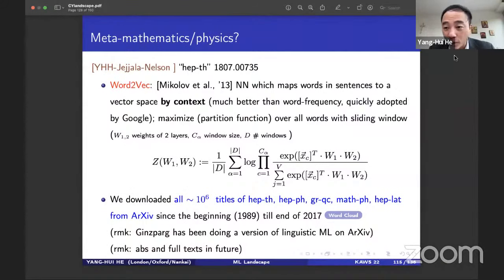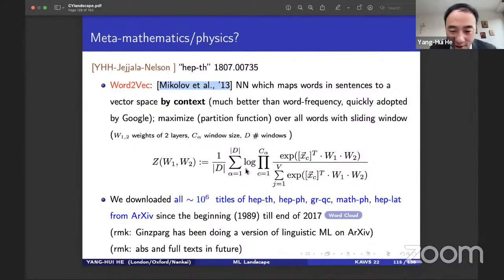So what we did was we didn't have the technology to try the abstracts because it was just too much. But we took, I think, 2 point something million titles of all of the sections of hep-th, gr-qc, hep-ph. I ran through it the word2vec neural network, which is essentially, I won't get into the details, but this is what made Mikolov famous. The reason that Mikolov was bought over by Google in 2013 was that he realized this contextual data of sentences in natural language processing allowed you to see